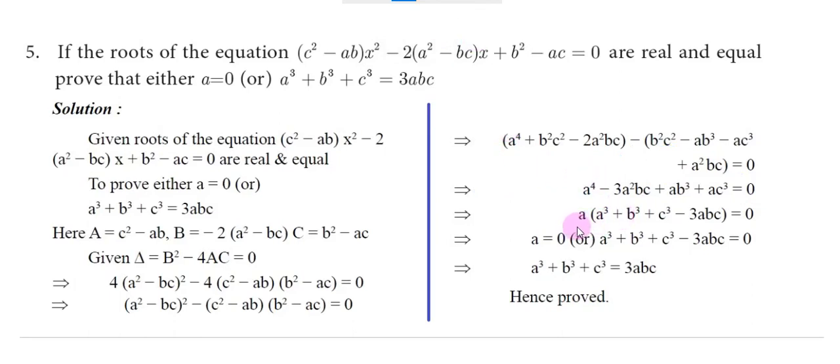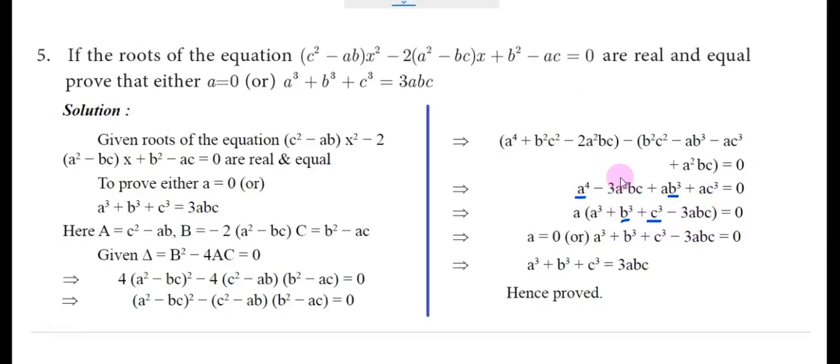So that is equal to, look, a is common here, so I take 1a outside. Here a power 4, 4 a's are there, when we take 1a outside, this will be a cube. Next, here 1a taken out, this will be simply b cube. Now here ac cube, when you take a outside, this will be simply c cube. Minus 3, here a square is there; when we take 1a outside, this will be simply a. So minus 3abc equal to 0.